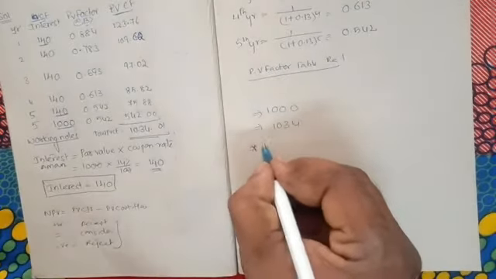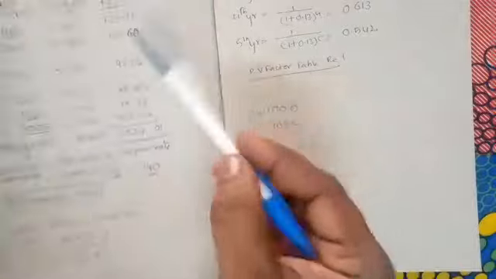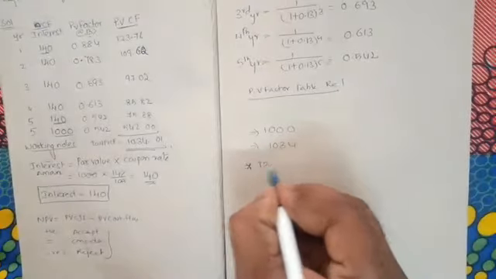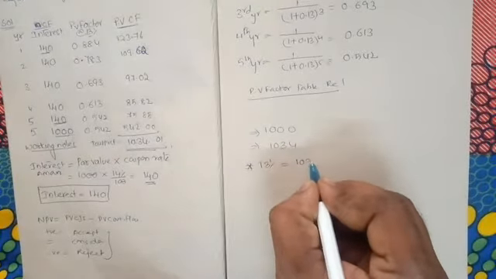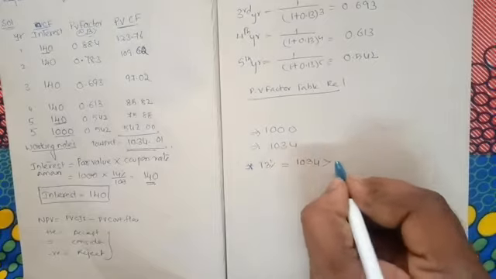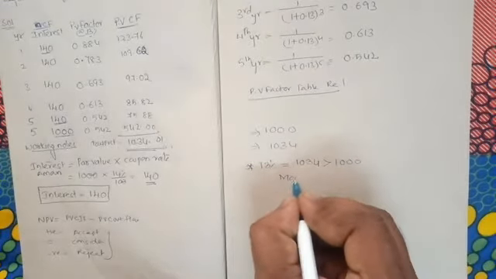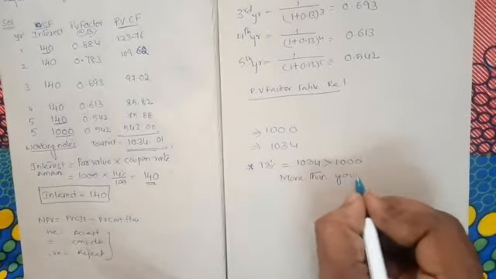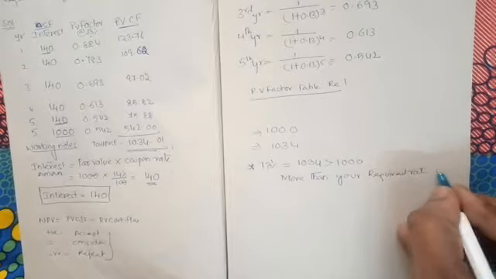It means that you're going to get more than your expectation. What is your expectation? It is 13%, the required rate of return. How much are you expecting here? You're expecting 13% because your cash inflows are more than cash outflows. It means that you're going to get more than your expectation, more than your required rate of return.